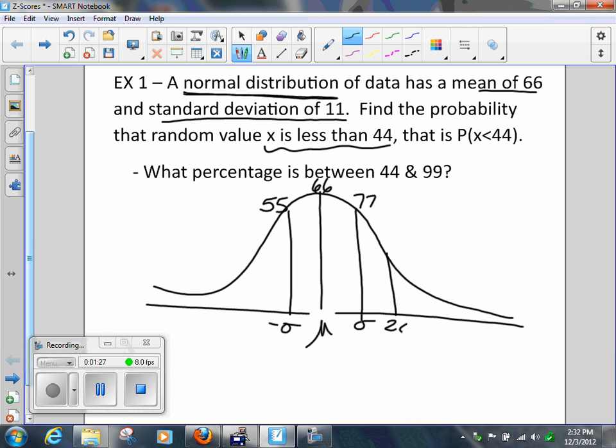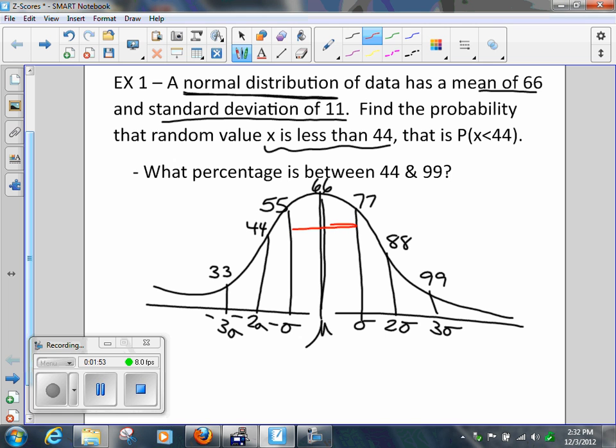And then 2 standard deviations will be 88. 3 standard deviations will be 99. Negative 2 standard deviations would be 44. And go back 3 standard deviations and it would be 33. So we've got our mean here. We've got 1, 2, 3. We've got our 3. Now you got to remember from yesterday that